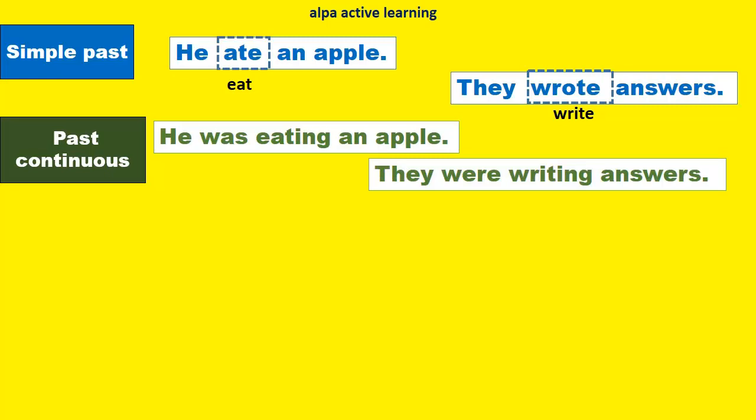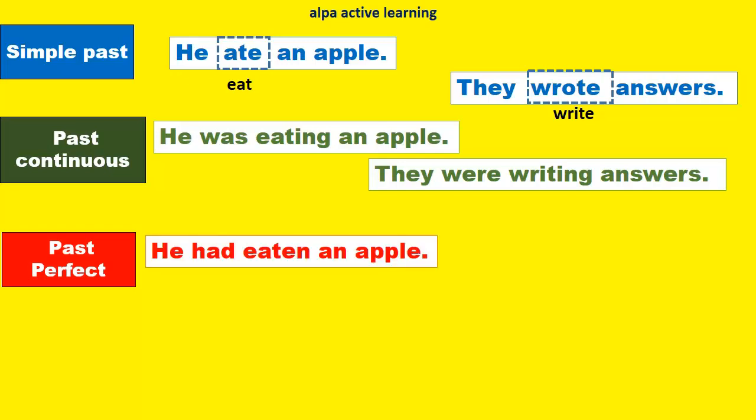Again past perfect में क्या होता है? Past tense of have और has होता है had. He के साथ भी had ही जाएगा. So eat, ate and eaten. So this will be he had eaten an apple. चलिए now here they के साथ भी had ही जाएगा. But base form जो write है उसका V3 form होगा write, wrote, written.